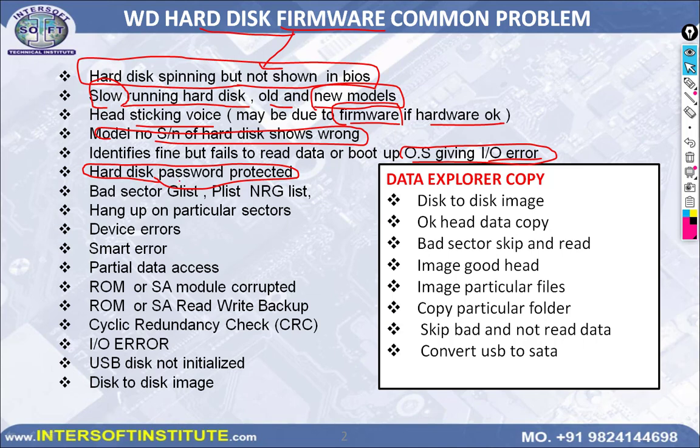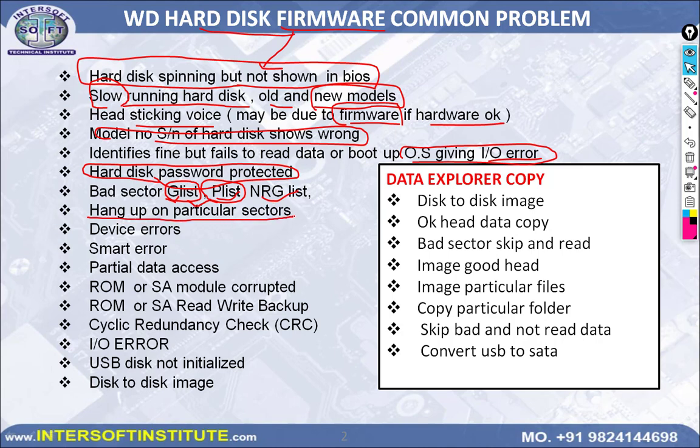The hard disk has some bad sector information like glist, plist, NRGlist and all those things. The plist is the primary defect list, that is manufacturer defects, and glist means the growth bad sector list. If some bad sectors are there at manufacturing time, they are recorded in the plist and that area is disabled from reading. When the glist increases, the bad sectors will be more. So we can convert glist to plist with the help of firmware and repair the hard disk, or we can recover the data from the plist. Options are there, so we will see that in this class.